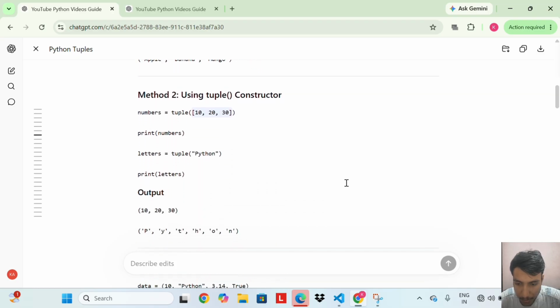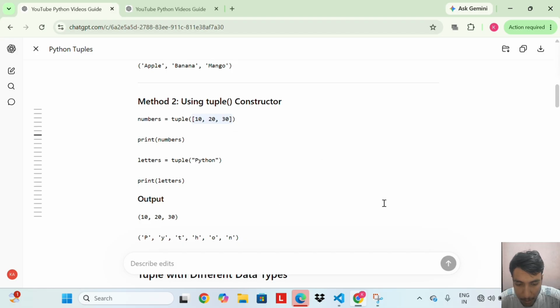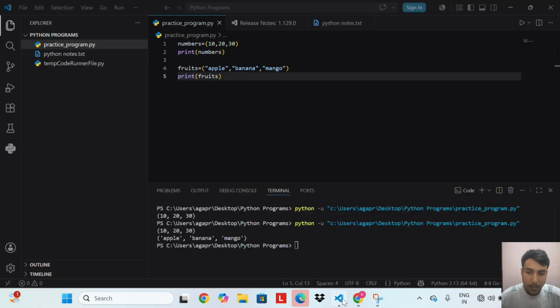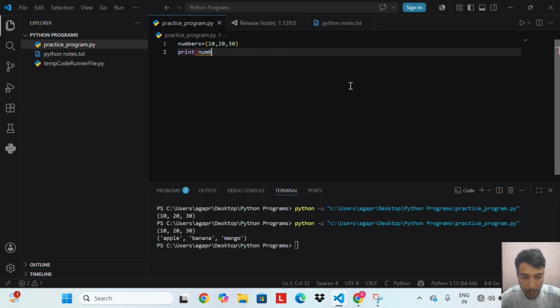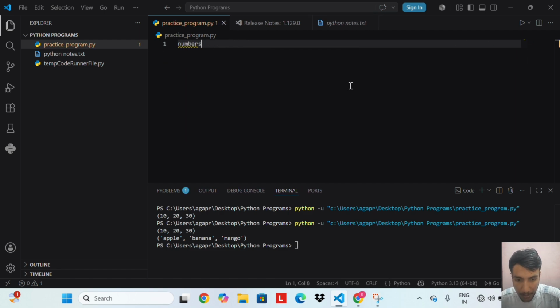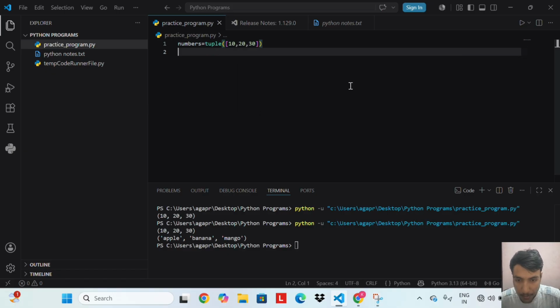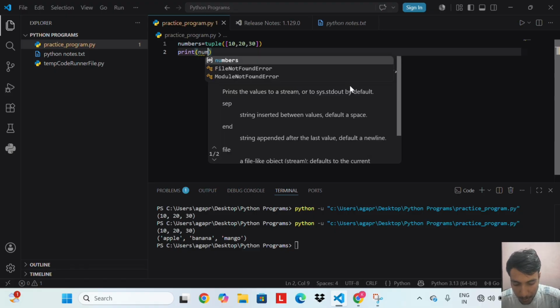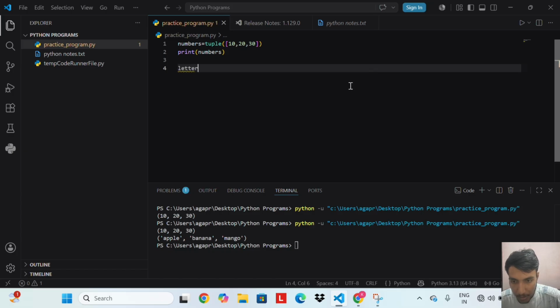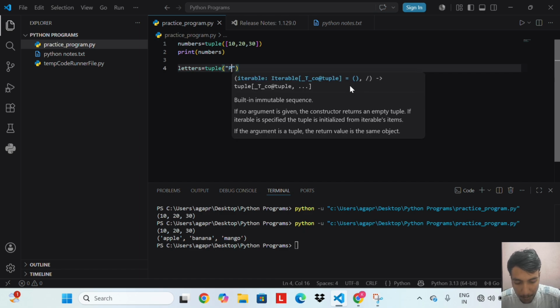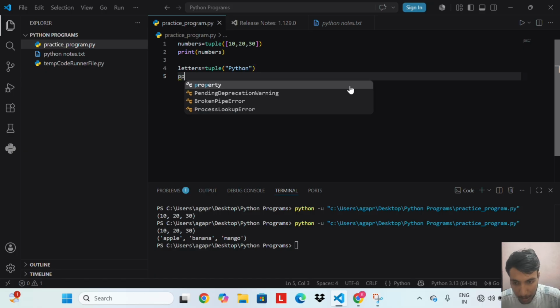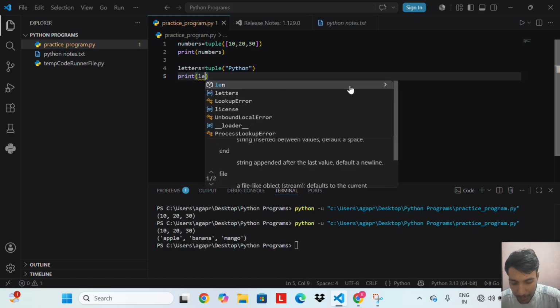Using the tuple constructor. Let's do an example of the tuple constructor. numbers = tuple([10, 20, 30]), print numbers, letters = tuple("Python"), print letters.